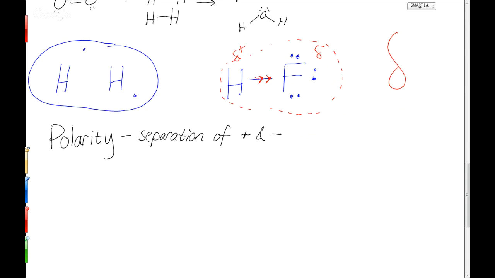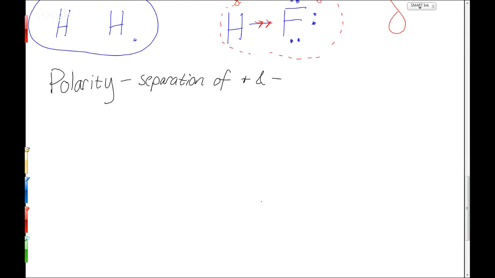So how do we decide that? How did I know that fluorine was going to pull those electrons more than hydrogen? Who's going to count electrons in this? Sort of. It's actually more of an inherent property called electronegativity. Let's spell that. Each element has its own electronegativity, and that is defined as